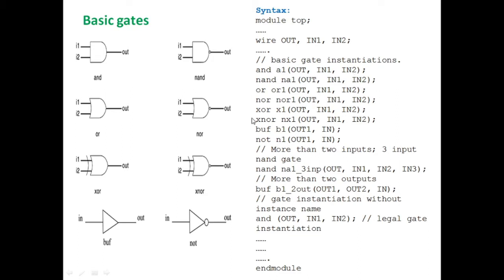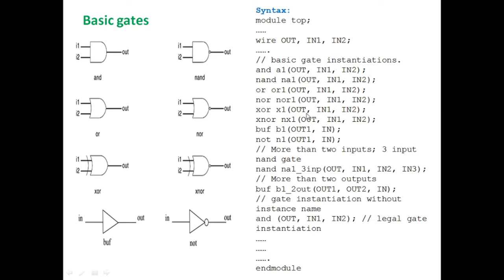The output of a gate is evaluated as soon as one of the inputs changes. If the gate is provided with 0 delay, the output will be evaluated as soon as one of the inputs changes. So here I have all 8 gates. Each gate may have 2 inputs, and some gates have 1 input.